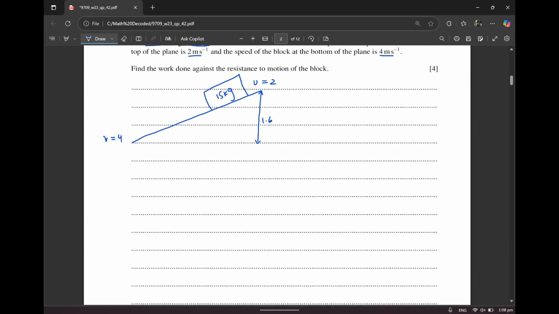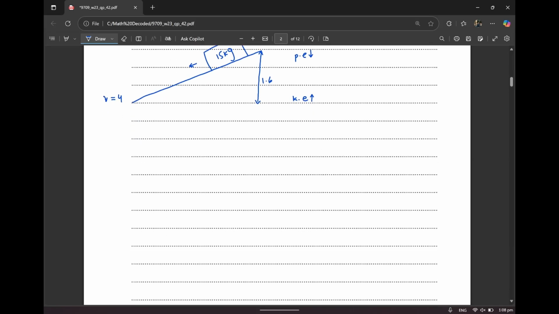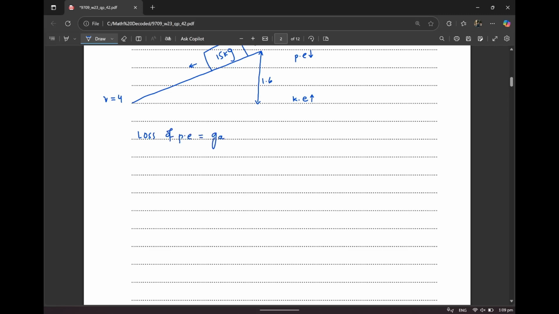Over here, now you know one thing: this block has a height, which means that it has some kind of potential energy over here. And then it starts moving downwards. So the height is decreasing. When the height is decreasing, it means that there's going to be a loss in the potential energy. And because it's moving, it's in motion, there's going to be a gain in kinetic energy. So potential energy is going to go down and kinetic energy is going to go upwards. So for this, we will use an equation that is loss of potential energy is equal to the gain in the kinetic energy